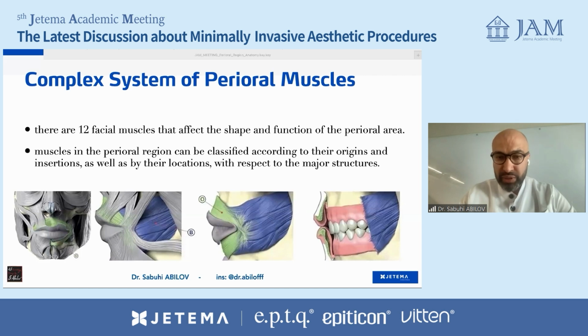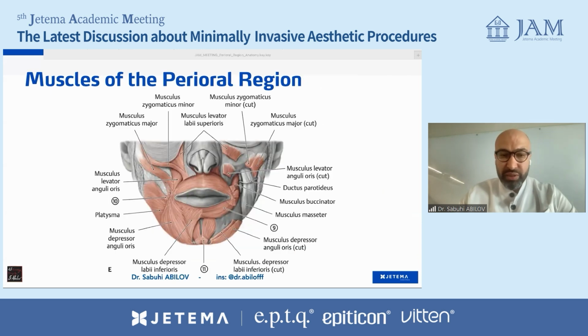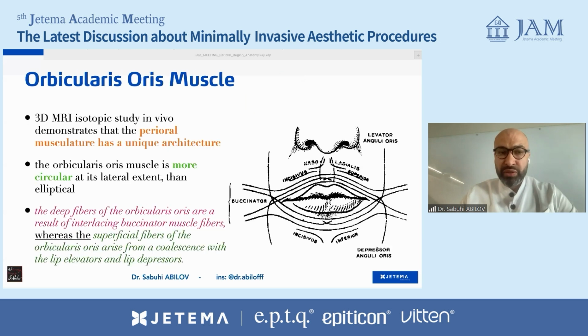Muscles in the perioral region can be classified according to their origin and insertions, as well as by their location with respect to the major structures. In this illustration, you can see how the perioral region consists of the muscles and the orbicularis oris muscle. The orbicularis oris muscle is a complex of muscles, which a 3D MRI isotropic study in vivo demonstrates has a unique architecture, which